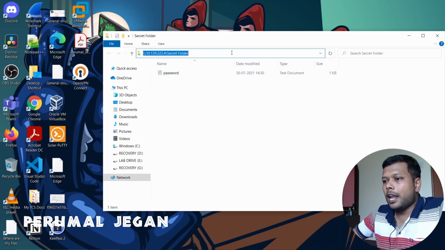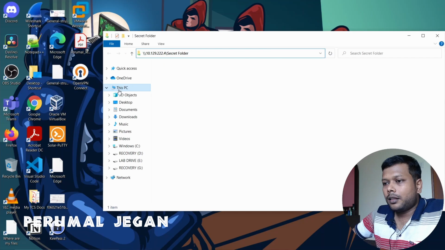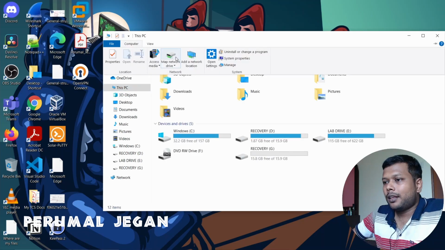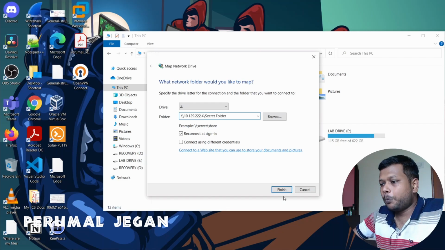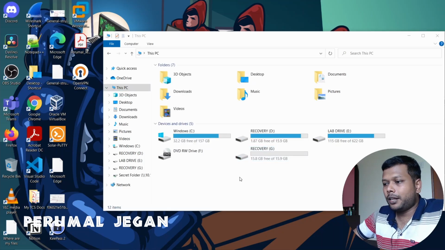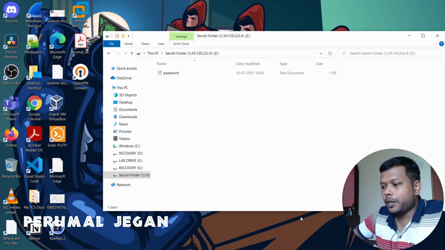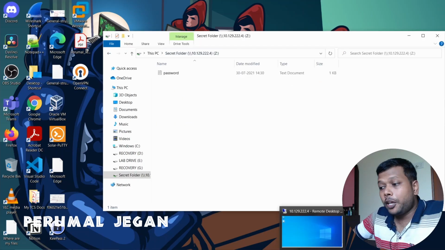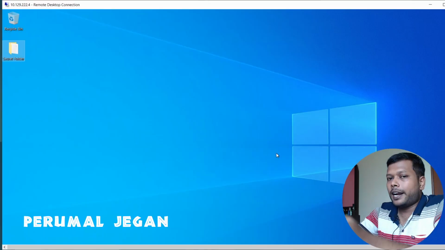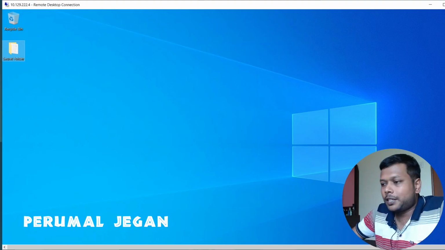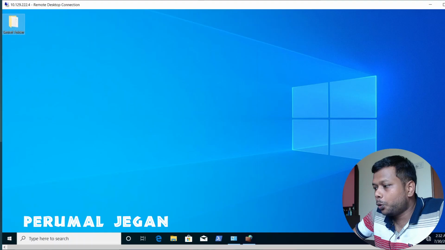Now I'll be able to map this network folder on my local machine, and I'll be able to reach this folder whenever I want. So it will be handy. Now I connected to my network share. I'll be able to validate the session. Who are all the users connected to that particular share? We will be able to validate those sessions also from our target machine. So let me show how to do that.